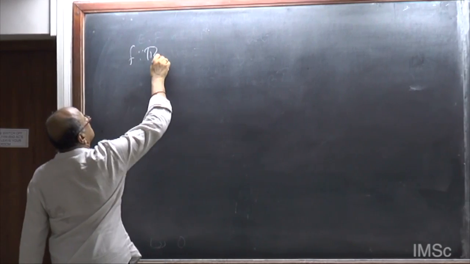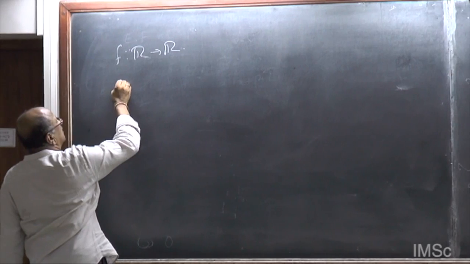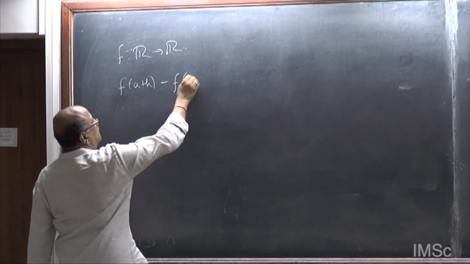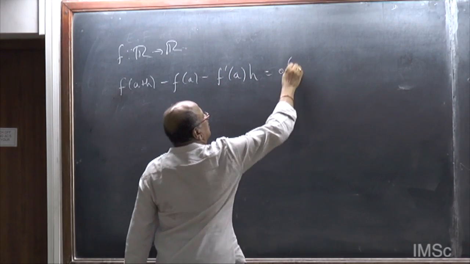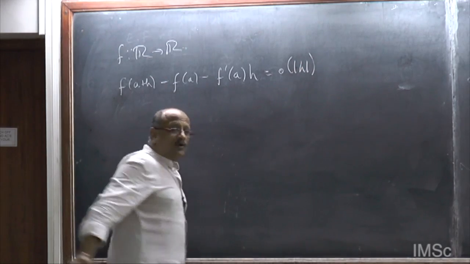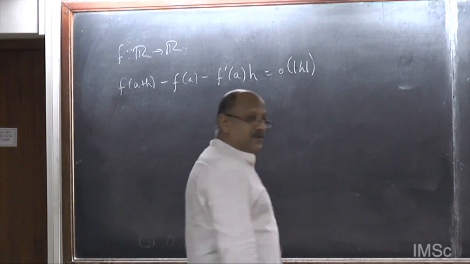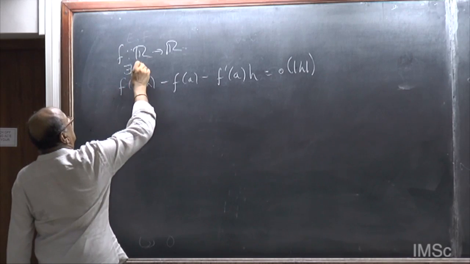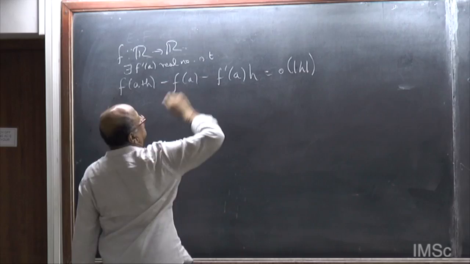So, let me go back to f from R to R. And what is the derivative at a? f(a + h) minus f(a) minus f dash(a) h equals little o of mod h. This is what we wrote some time back, and this is what I am going to try to generalize now. So, there exists f dash(a), a real number, such that